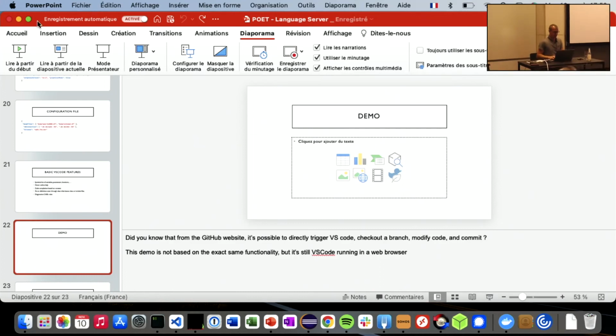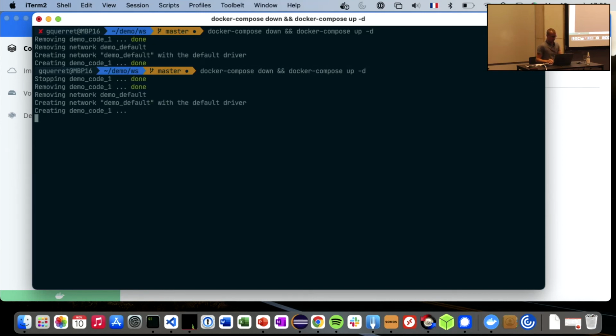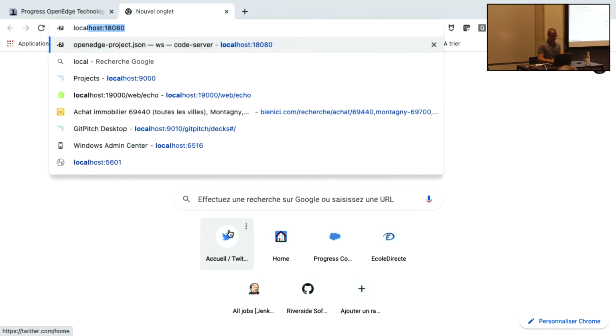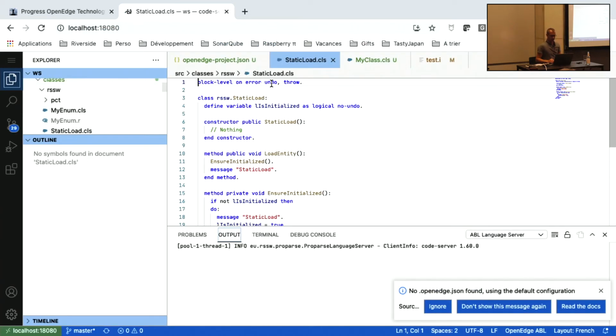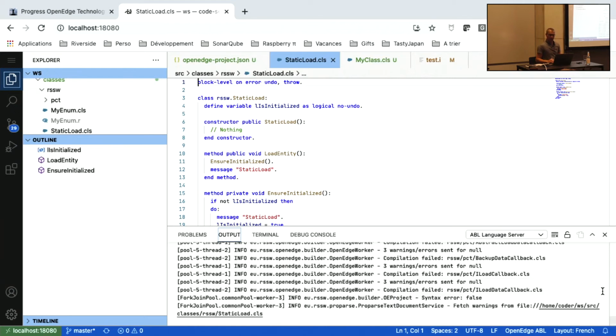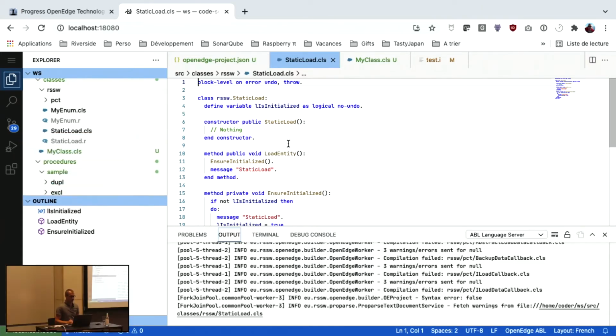So that's live. Hopefully, it's a prototype, so there might be some risk. So this is on a MacBook. Using Docker, I will just start a new VS Code web instance and connect to it. Okay. So I'm on my MacBook, connected to the local Docker instance, and I'm able to see VS Code. So you can recognize a standard VS Code interface.